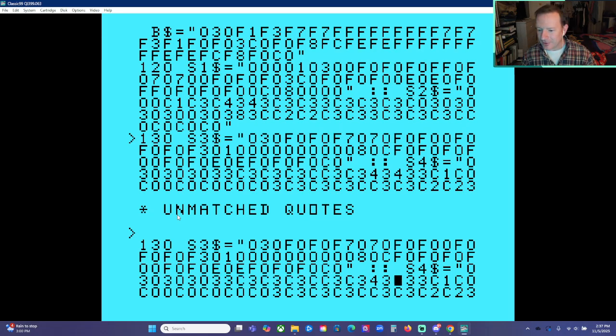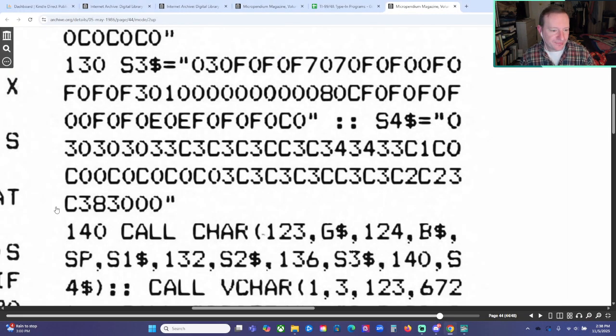I'm not sure why it's better to put everything on one line as opposed to putting them on two different lines. I really don't get it. It runs a tiny bit faster. I don't really get this feature of TI Extended Basic. I kind of get it on the one hand. I'm sure it speeds some things up, but typing in these long lines is terrible if you make an error. Okay, so we had 2C23,